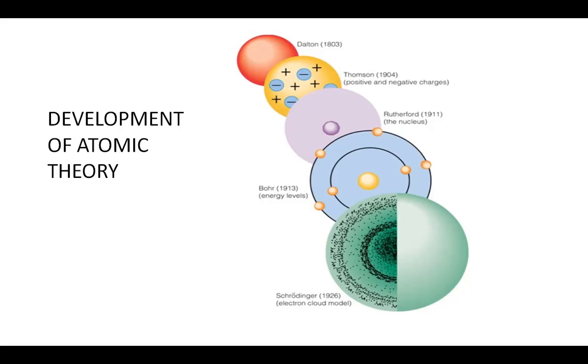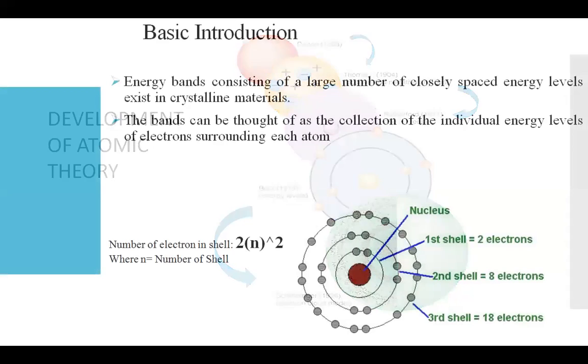But for our concern, whatever we have discussed till now is based on Bohr's model. Certain parameters we identify depend upon which type of material and which atom construction model is going to be used. After Dalton, Thomson, Rutherford and Bohr, the last one, the electron cloud model, was introduced by Schrodinger. So that is the history of the basic parameters we have used.